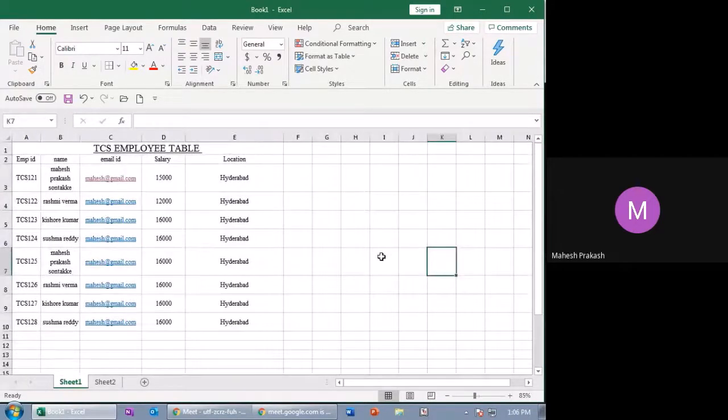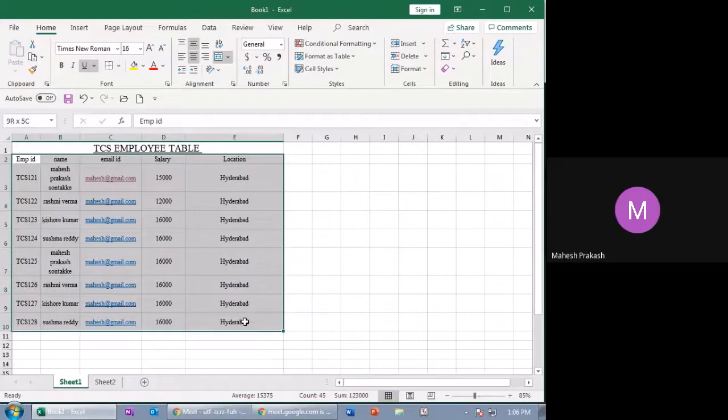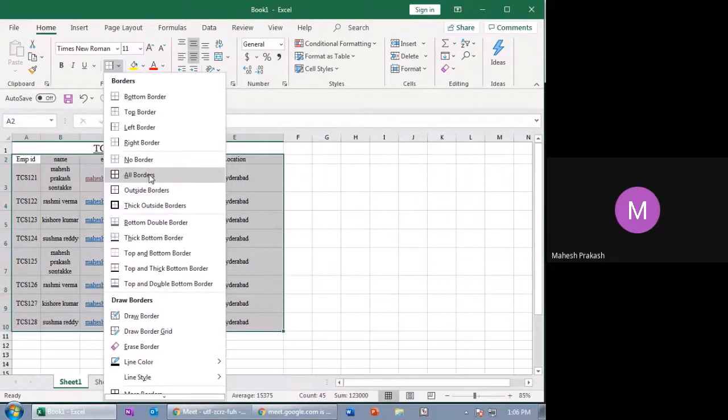Okay, so this is the table. Now we can add borders to it. So what I'm going to do is select the complete table from here. I'll leave the heading and I'll make it all borders. So all borders means the complete table will have borders.